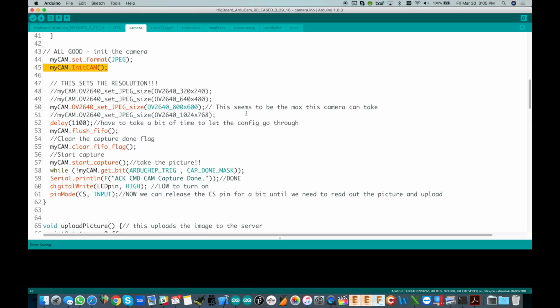we have a few options for the resolution. And it seems like the best resolution I could get out of this camera is 800 by 600. We might be able to do 1024 by 768, but so far it seems like 800 by 600 works best. Just keep in mind that each one of these resolutions comes with a different size of the image, so you've got to keep that in mind. Like if you want your image to be uploaded fast, then you might want to dial it down to 320 by 240. 800 by 600 is going to take a while to upload because I have to upload in small